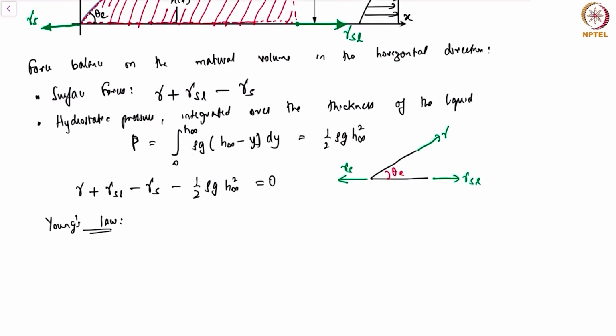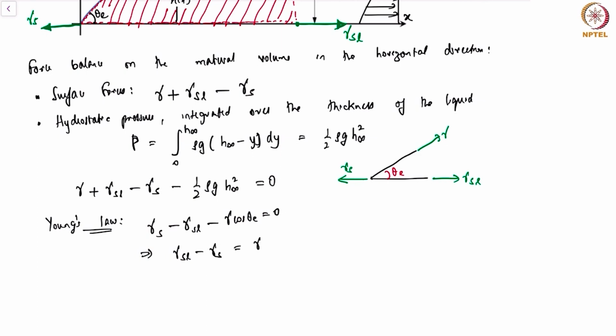Then I simply have gamma solid minus gamma solid liquid minus gamma cos theta E is 0, and therefore I simply have gamma SL minus gamma S